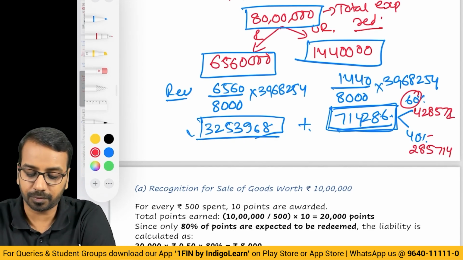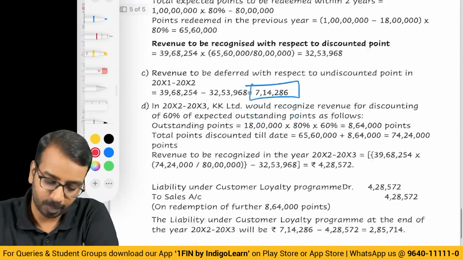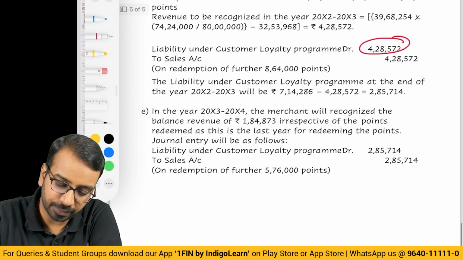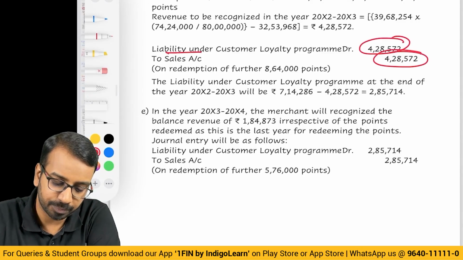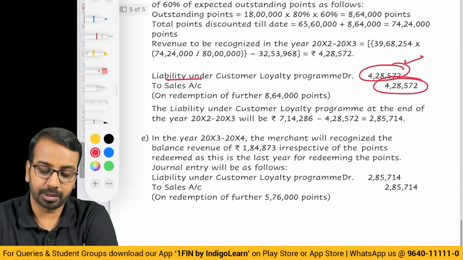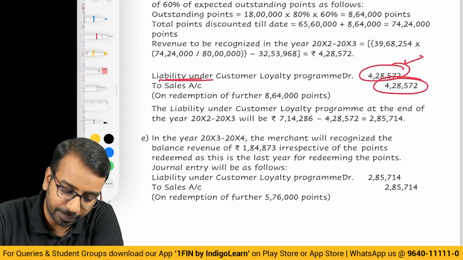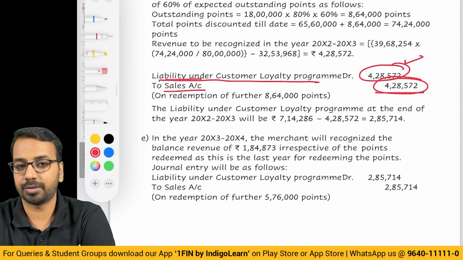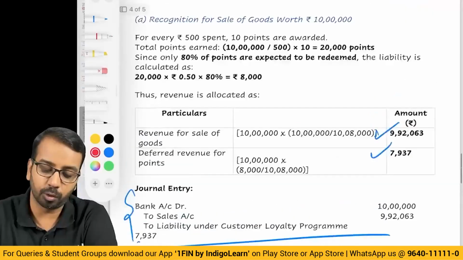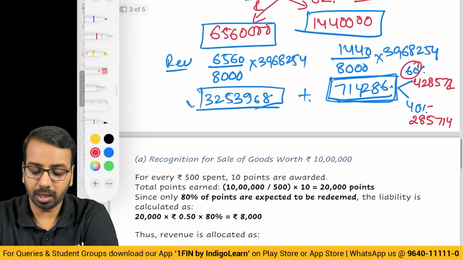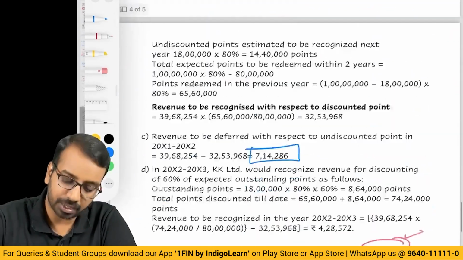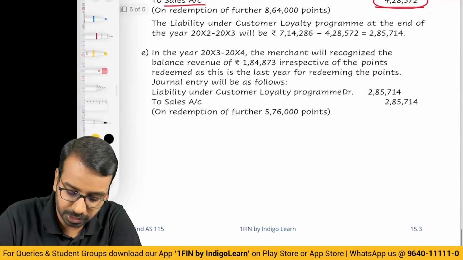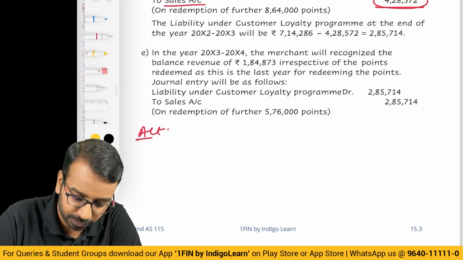If you round it off, this you can make it 2 or this you can make it 5. Okay, 428,572 has been redeemed, so in the next year you will debit the liability account and transfer the amount to the sales account by 428,572. Now this is a quicker way to do because there is no complication involved. Otherwise, if there are complications involved, then what you need to do is, alternatively,